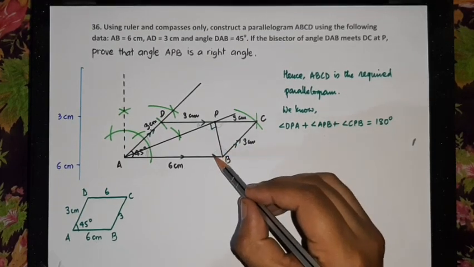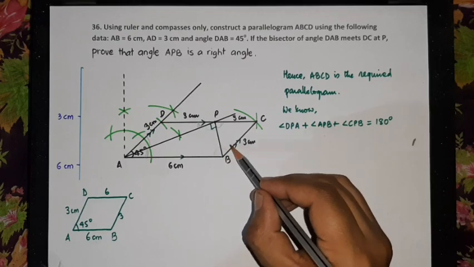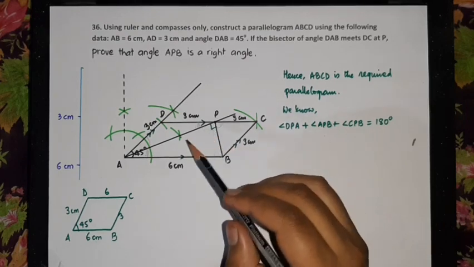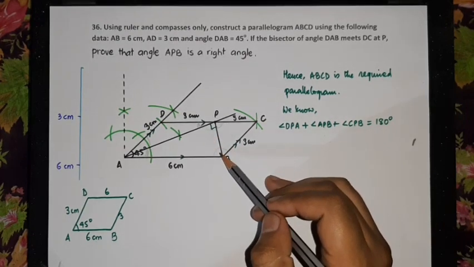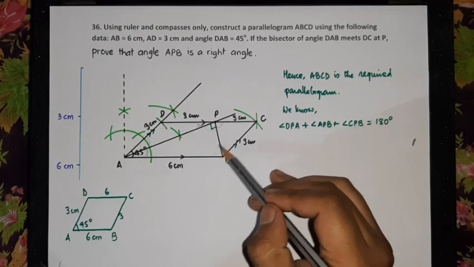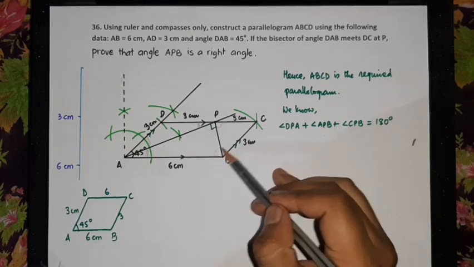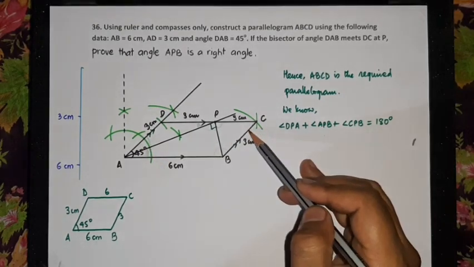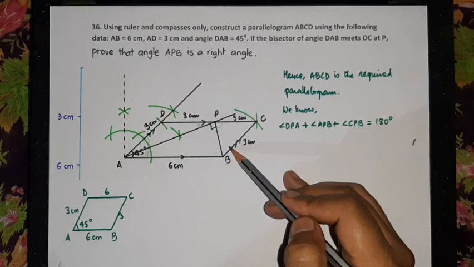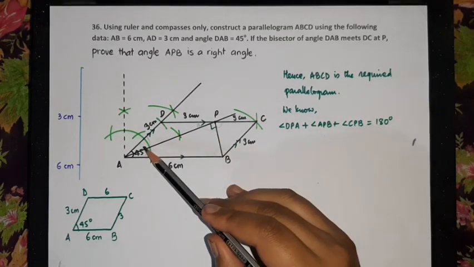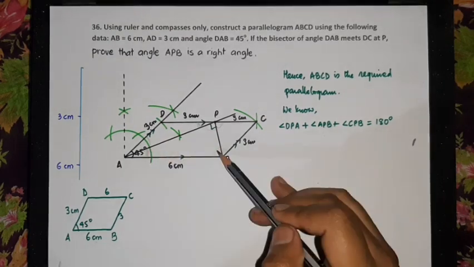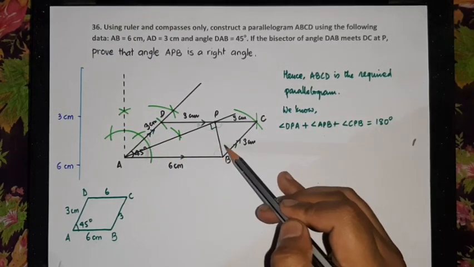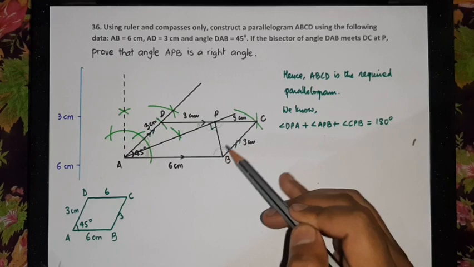Okay, so let us quickly see what is the value of this full angle. Okay, now we know that the opposite angles of a parallelogram are equal. That means from here to here is 45, that means this is also 45. Okay, and we have to find the value of this. So this is 45, right? So if you add these two, you should get 180. Okay, so that's why this full angle is going to be how much? It will be equals to